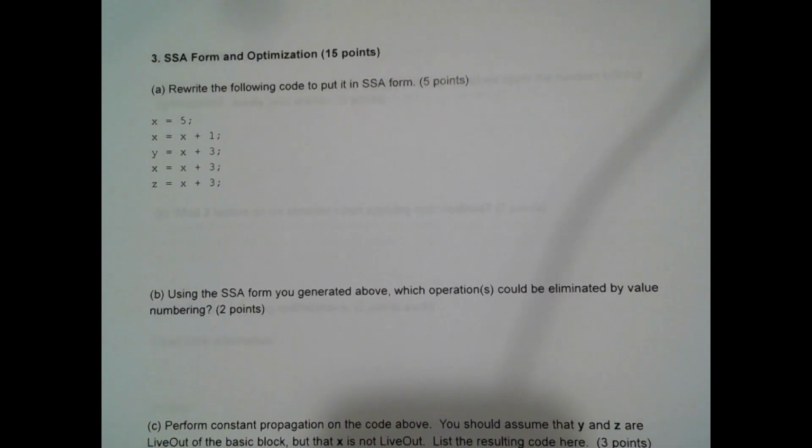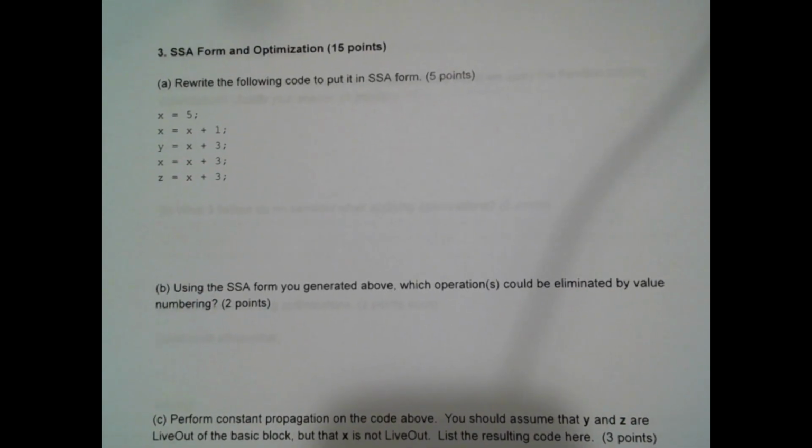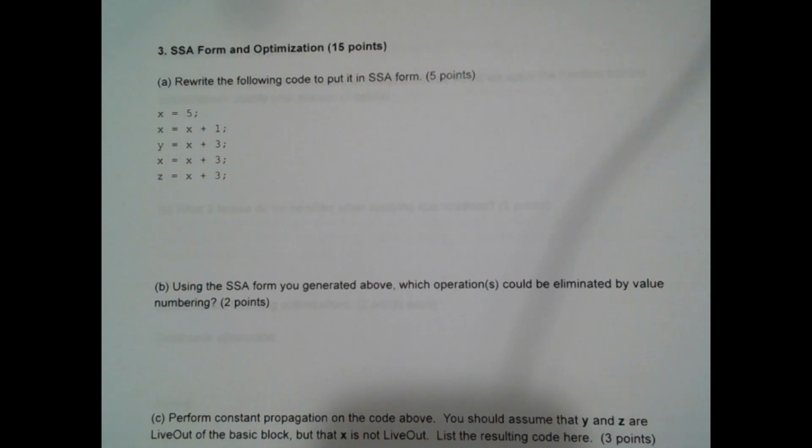Okay, on to problem number 3. So this is SSA form and optimization. For the first problem here, it says rewrite the following code and put it into SSA form. So SSA form is we only assign each variable once, and then we create a new copy if we're going